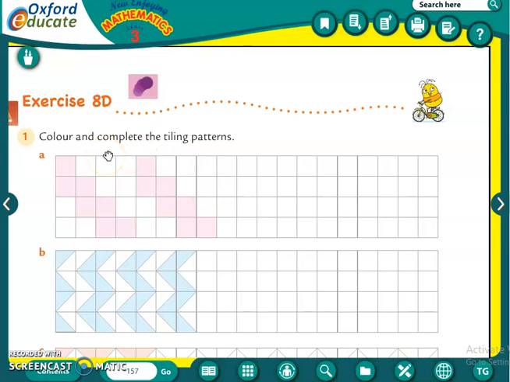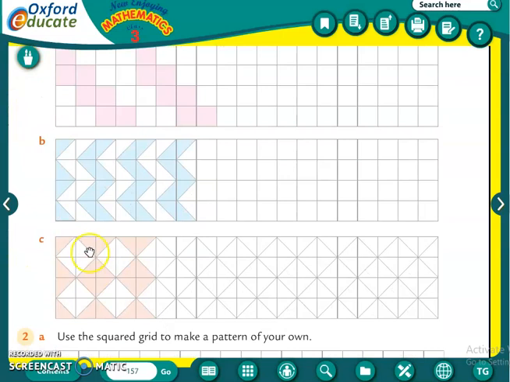Color and complete the tiling patterns. See here you can see the pattern, how the patterns are going on. Here is first one, then two like this, below second one, next box is started, and after this below second one, next is started. Like this, here it is also the same, and here also you can see. So you have to complete the pattern however it is given here. So you just complete it. In these two patterns you can do it. It is very easy. Okay, and this one is also very simple.